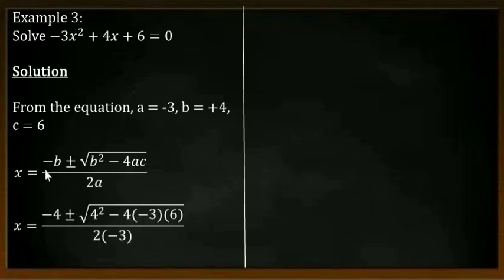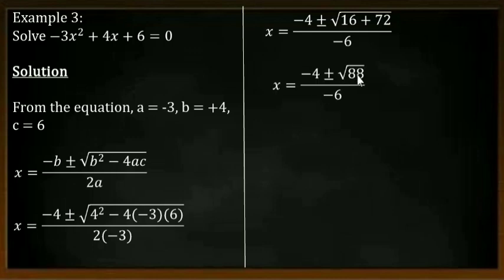and c. Minus b is minus 4, b is 4, which we have written here, and a is minus 3, c is 6. So the next step will be to take the square of 4, which will leave us with 16, and when minus multiplies minus, you have the positive sign here. 4 times 3 is 12, 12 times 6 will give us 72, divided by 2 times minus 3, which is minus 6. The next step is to take the square root of 88, which is the sum of 16 and 72. The square root of 88 is